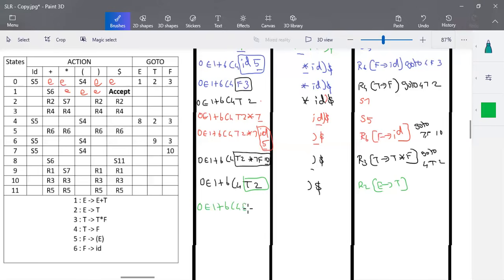E into stack. And each and every reduce operation is followed by a go to operation of the last two possible transitions, that is 4 comma E, performed on the last two elements. So what is it? 4 comma E. 4 comma E consists of state 8. So the state 8 will be pushed into the stack and you'll be having close bracket dollar as it is. Okay, so now we have to check what is there in 8 comma close bracket.